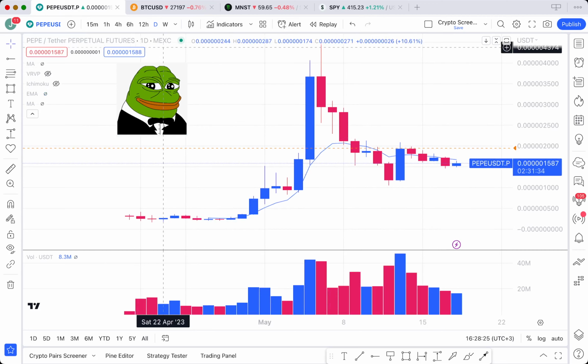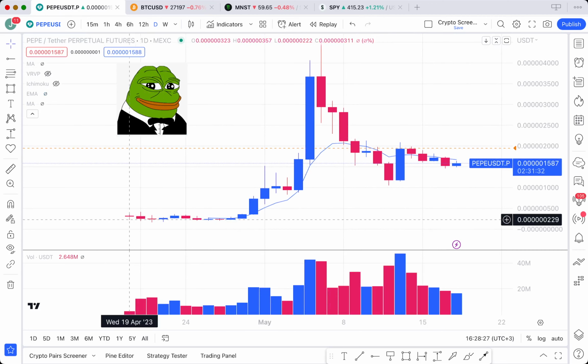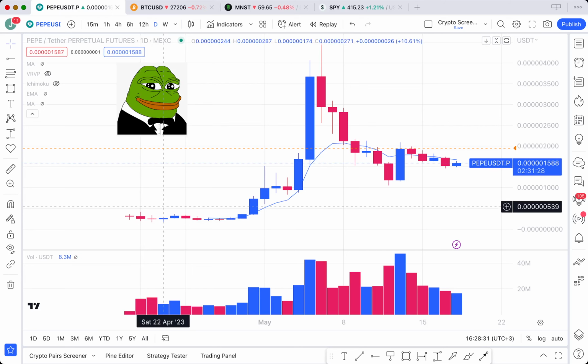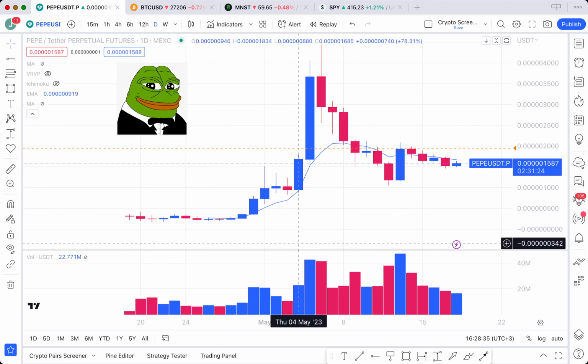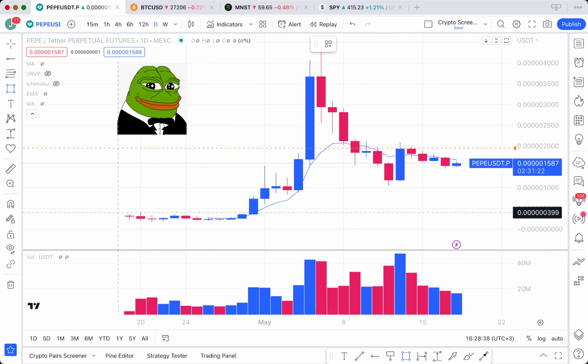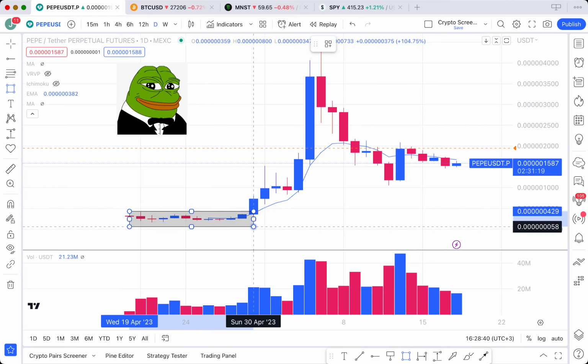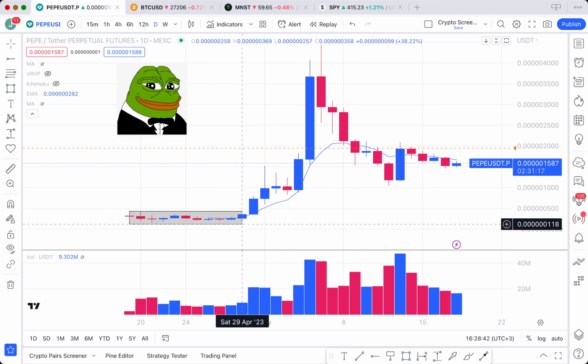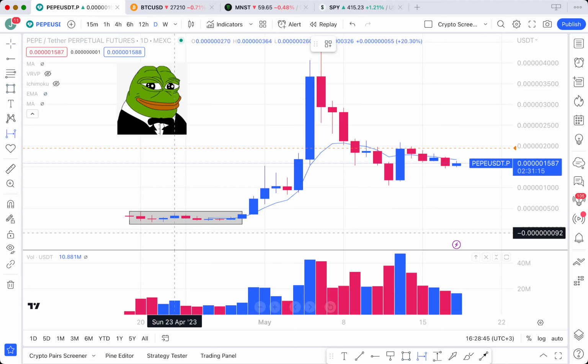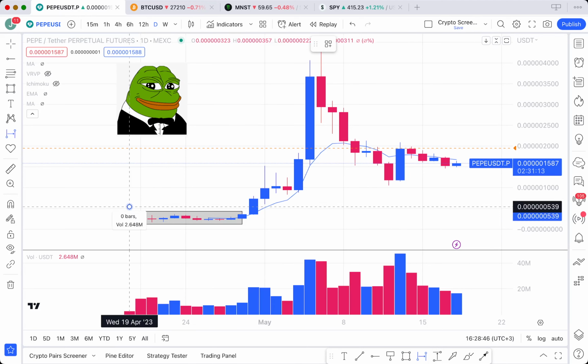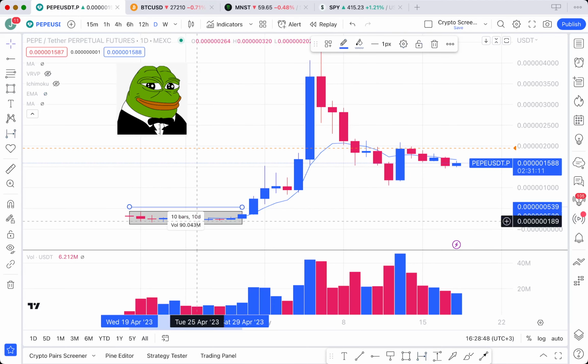MEXC is an exchange. There is a bigger chart trading against WETH, that was on Uniswap, but I want to show you guys how I traded it against the US dollar. First of all, we can see this. When it was listed, we had an accumulation range right about over here. It lasted for roughly 10 days. This is 10 days of an accumulation phase.